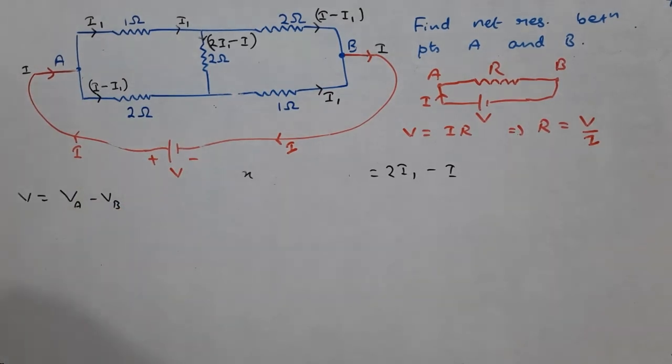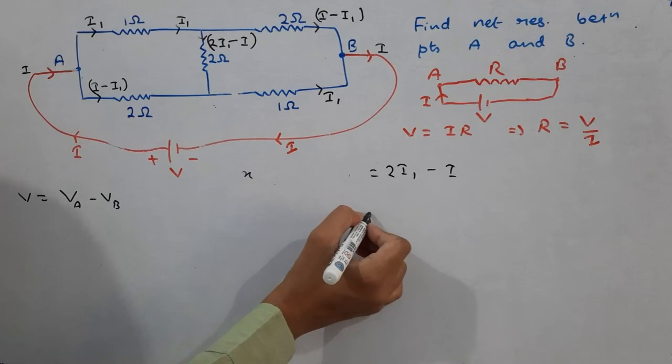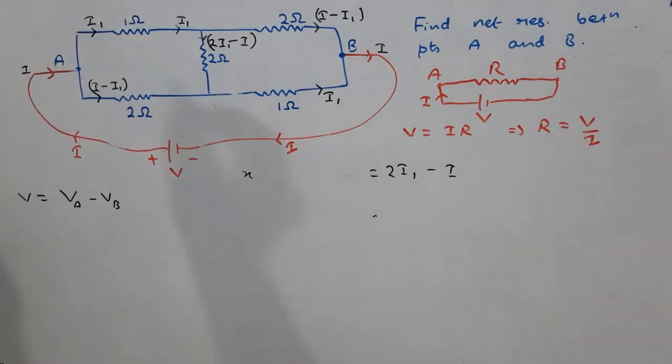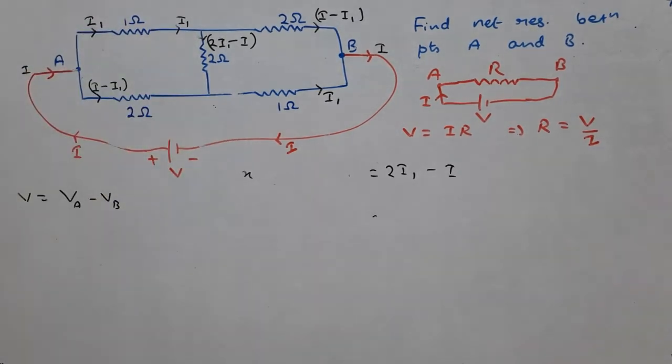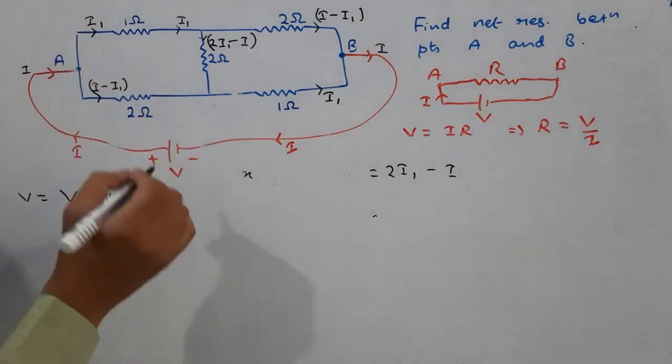In the last question of that cubical arrangement, students, we had one unknown variable. What was the unknown that we had taken there? It was I. So we needed only one equation. But here, apart from I, there is one more unknown, that is I1. So here there are two unknowns. Remember, whatever are the number of unknowns, same will be the number of equations. Here we will need two equations. Let's see how do we find that.